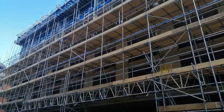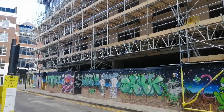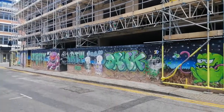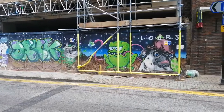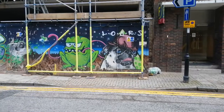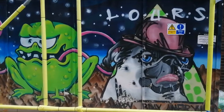Now I am on Great Sutton Street in Islington, London, and as you can see, lots of works are going on in London. They keep building stuff and building and building, but I thought I'd show you something quite interesting because a lot of times when they're doing building works on the boards that you see over there, they do put street art and graffiti, so I thought it'd be nice to have a look at some of this phenomenal